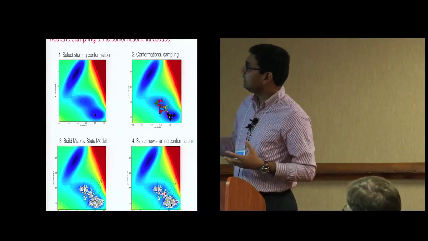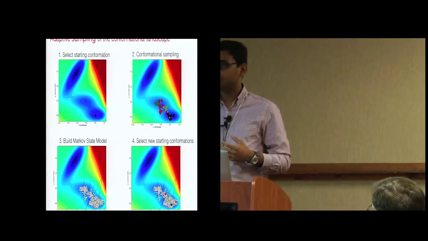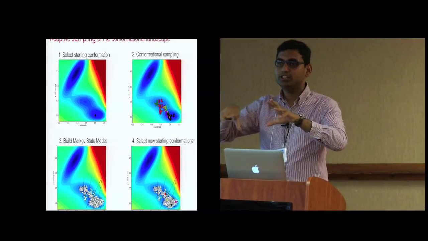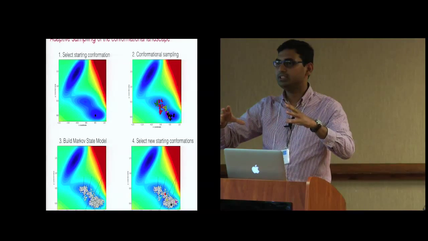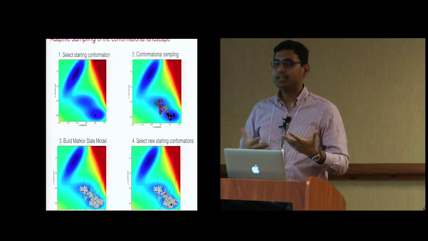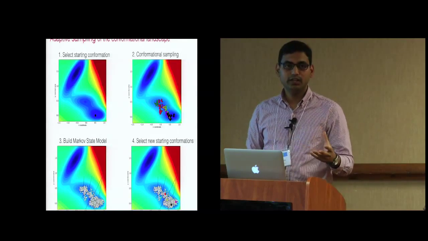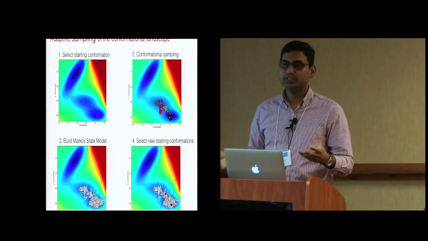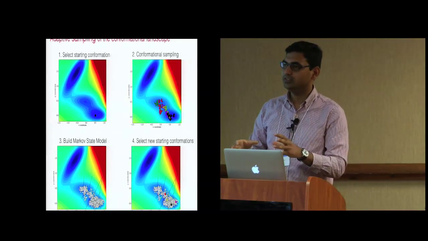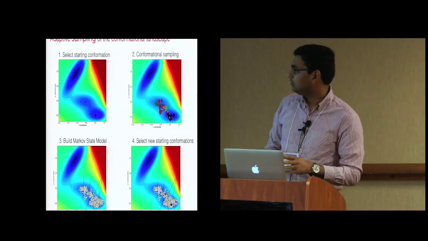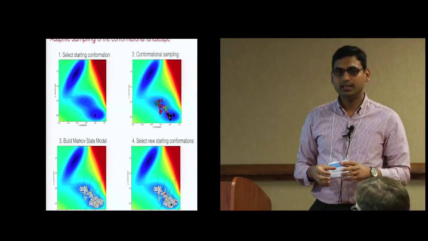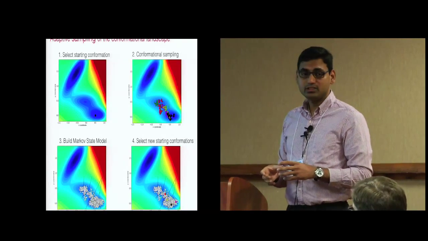What we are doing is that we are starting from just one structure that we know, and we run a lot of simulations over a 24-hour period, let's say. And then we cluster those conformations. And then we try to find out what are the new states I've discovered today from my simulation data. And then I start my new simulations from the newly explored regions of the landscape. These ideas have been implemented in software packages like Copernicus and in MSM Accelerator.